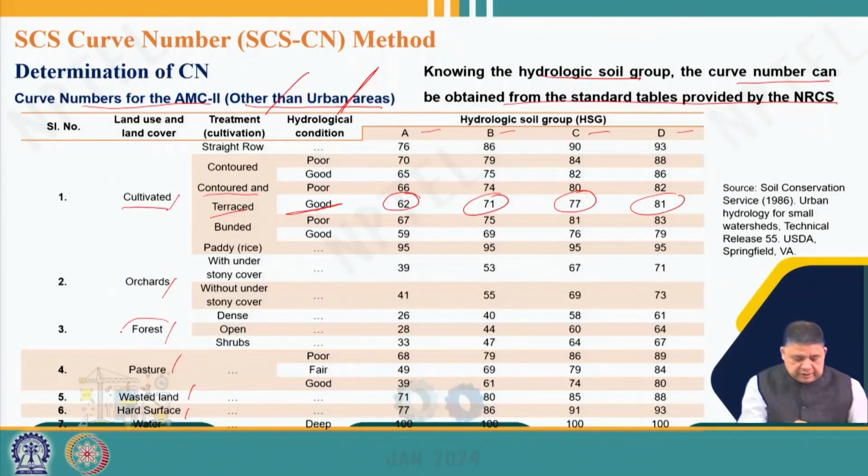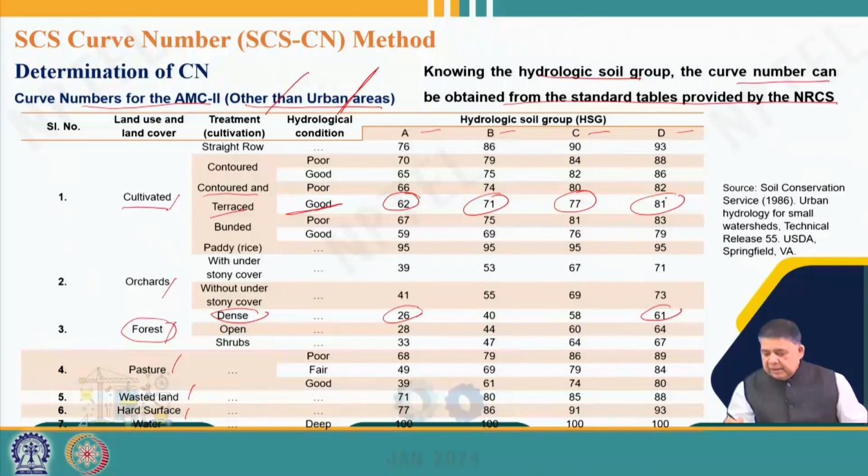Similarly, if we are in a dense forest, then obviously the value will be 26 to 61. So, 26 for soil group A, that is very high infiltration, that means runoff potential will be low, and for D, the infiltration is low, so the runoff potential will be very, very high. These tables have been taken from Soil Conservation Service 1986, Urban Hydrology for Small Watersheds, Technical Release 55, USDA report number TR 55, that is